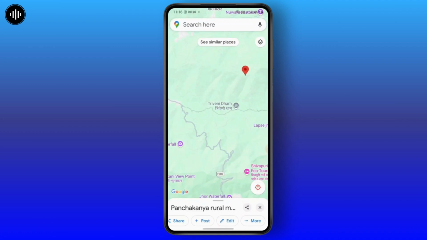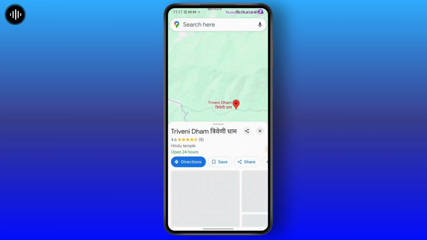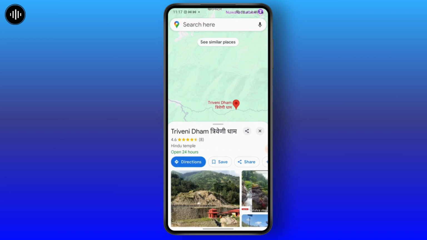So what you can do, in order to pin a location, is just tap on one of the locations. Let's say I'm going to tap on this location. So this directly means that I'm pinning my location. You may just use this directions option in order to get to that place, or you may also add